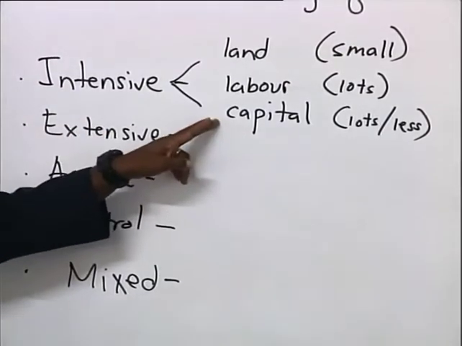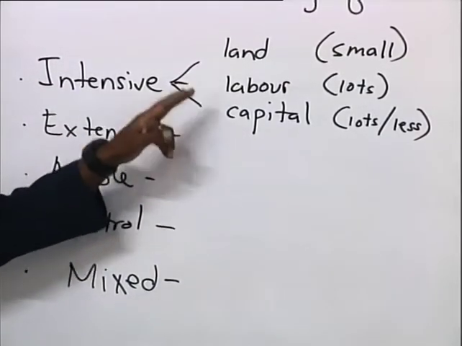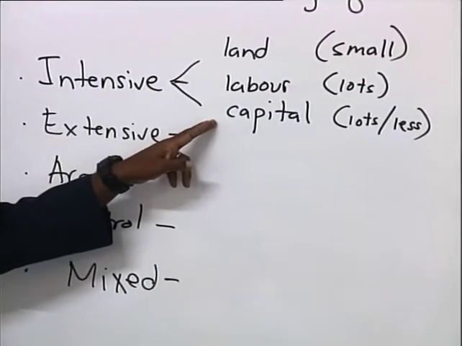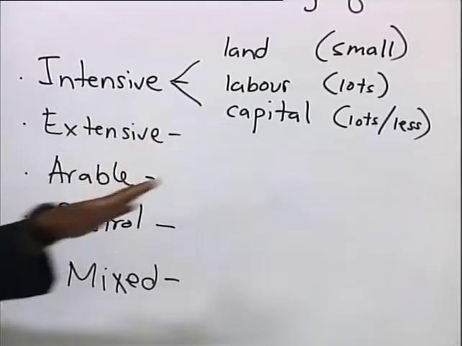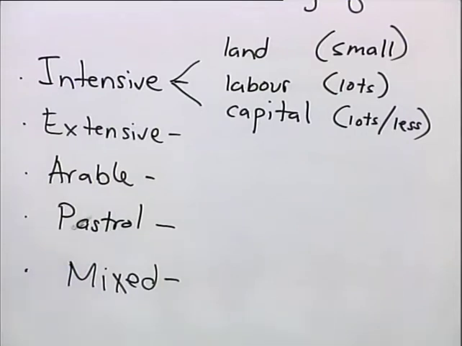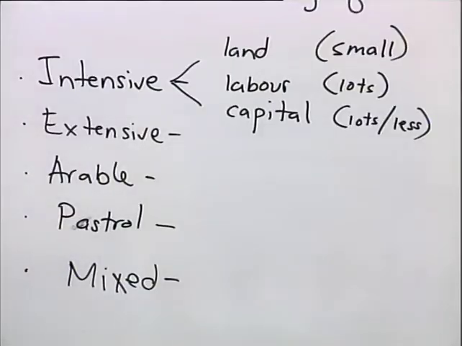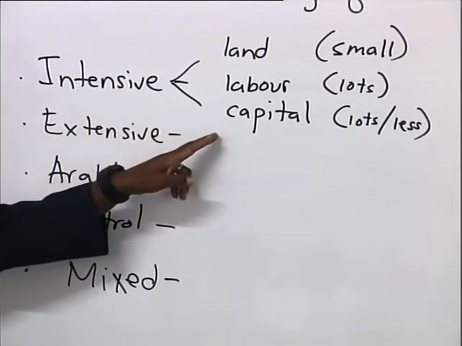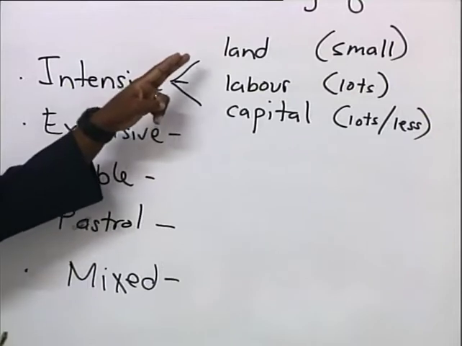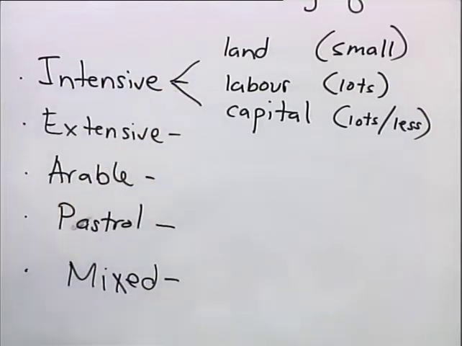And here, because we are using a lot of labor, capital is really not required. That is not to say no capital at all, no. You will need things like the knives, etc., which is a capital, to help you. You will need the hoes and the digging spades and etc. to help. But capital is not intensive for the rice growing. It's mainly land and labor, which is the main thing we look at. Small area of land, a lot of labor working there.